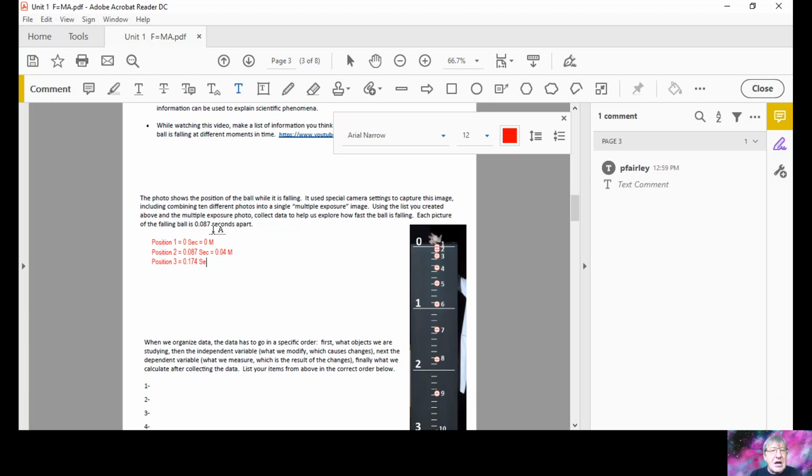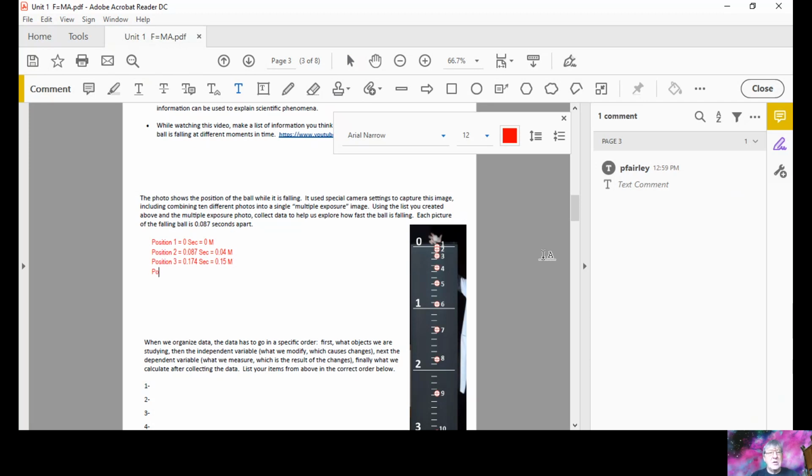0.174 seconds have now gone by. And how far has it fallen? Position 3. Oh, it fell past the first mark. It's not quite to the second mark, though, is it? So it's going to be 0.1. I'm looking right where the line goes across the middle of it. That's where I'm measuring from. And I think this line is about at the halfway mark. So I'm going to call that 0.15 meters. I'm going to do one more, maybe two more for you, and then you're going to do the